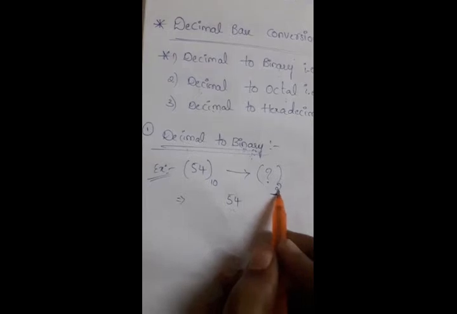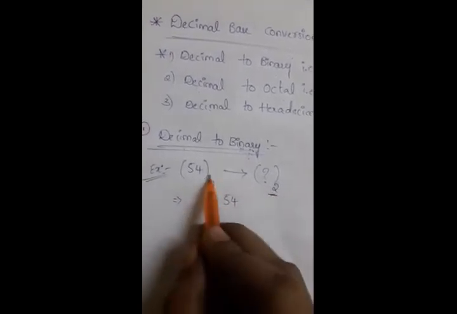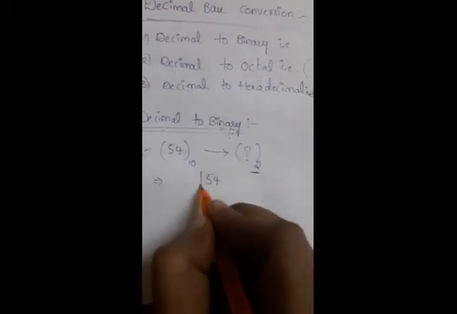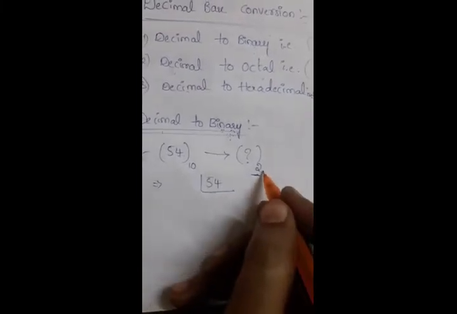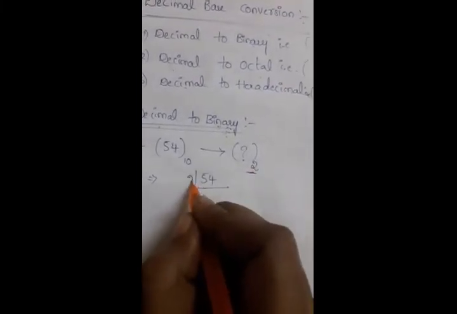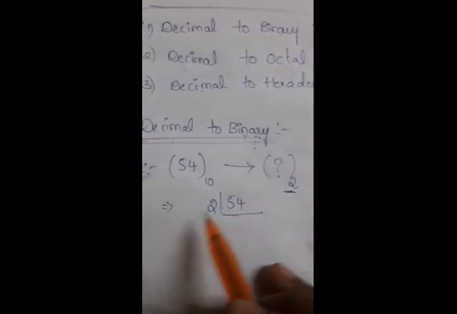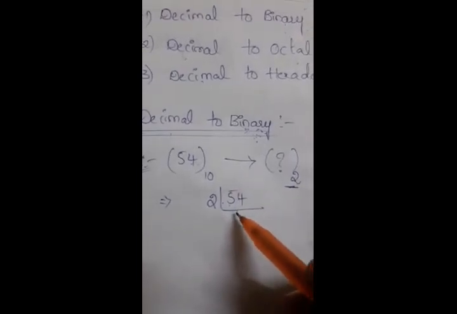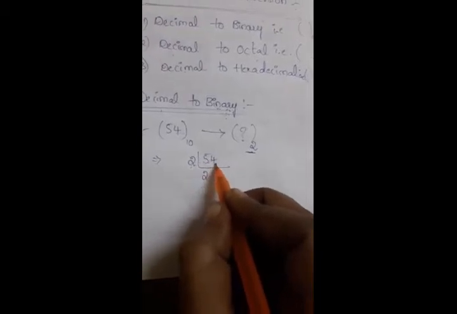So whatever number we have here will be divided by this base. I need to convert 54 to a binary number. The binary base, what is that? Already we know, 2. Whatever the number 54 is here, that decimal number will always be divided by the binary base. That is the conversion process. Okay, so just divide this number by 2. So 2 twos are 4 and the remaining 1 is the remainder. So that means total 14. So 2 7s are 14, right?